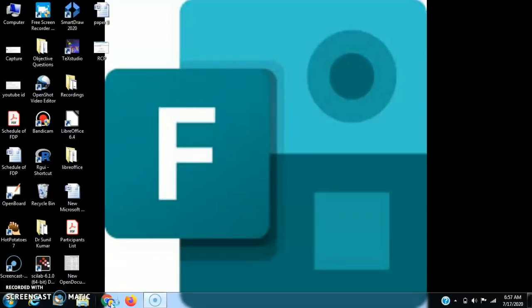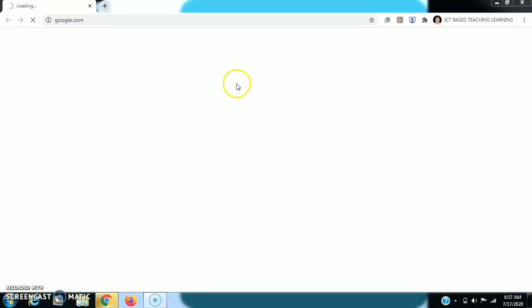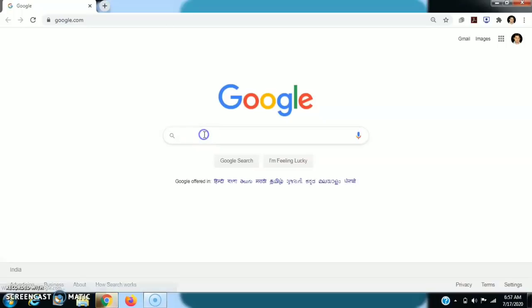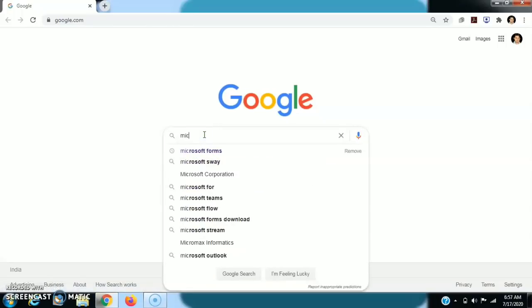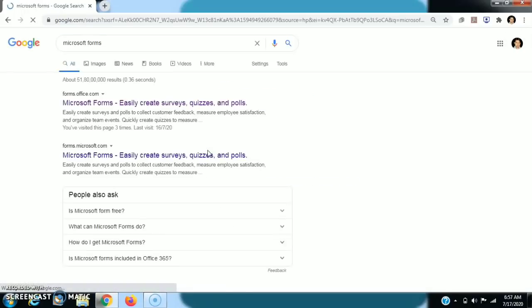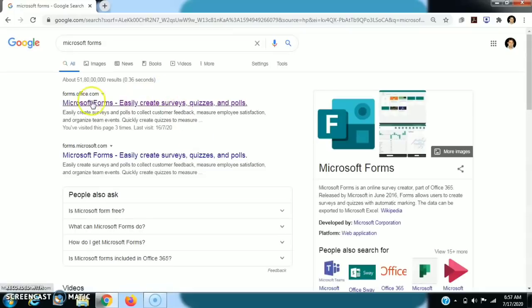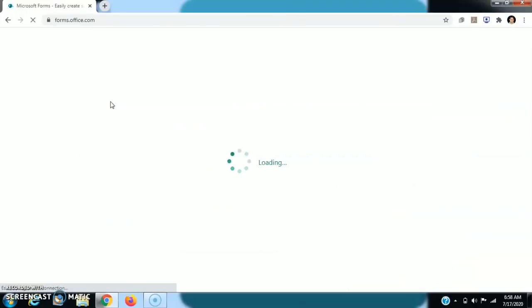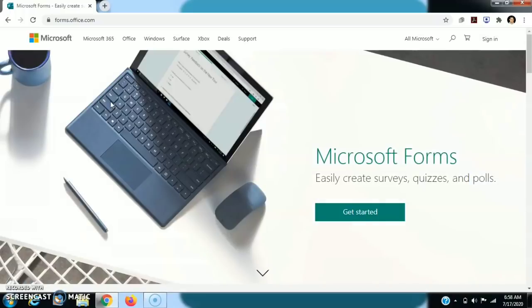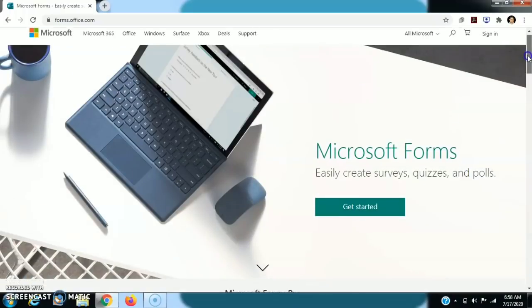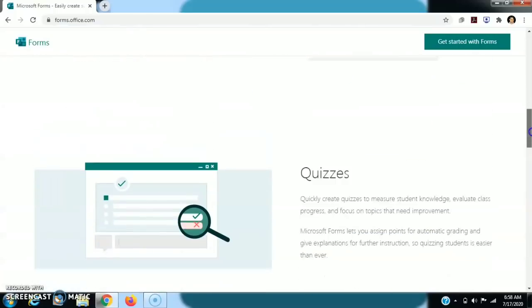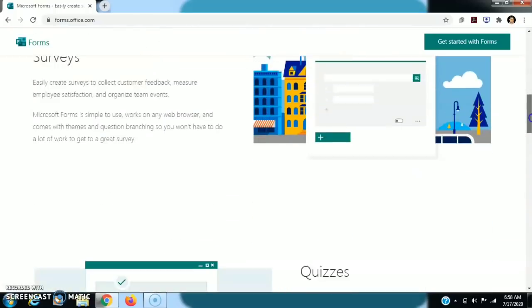For this we click on Google and just type here Microsoft Forms. Then I click on this. This is the interface of Microsoft Forms.